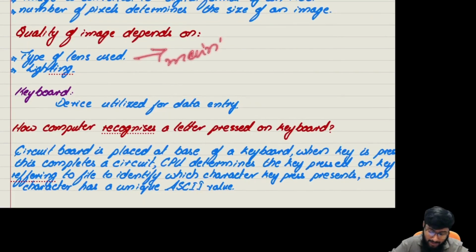So it is mainly depending on the type of the lens used. Now coming towards the next part, that is regarding the keyboard. A keyboard is a form of an input device by which you are giving an input by the typing methodology. You need to strike the keys, and just after striking the keys, you will be entering your data